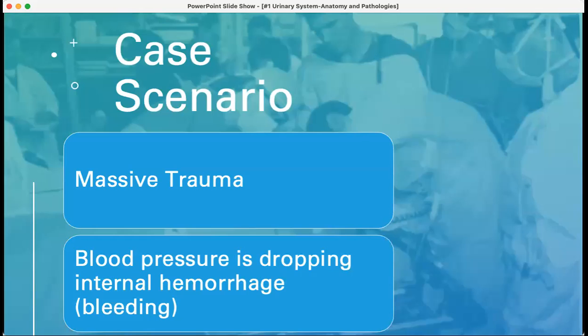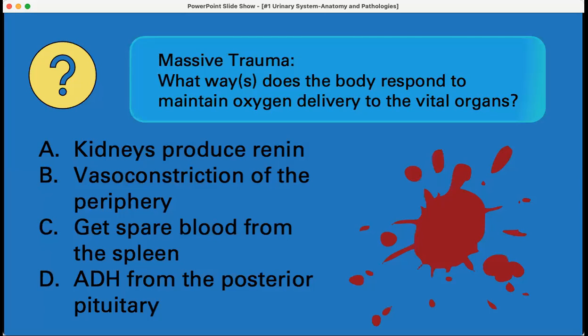So let's see, massive trauma. Blood pressure is dropping, internal hemorrhage, so they're bleeding internally. So how does the body respond to make sure that oxygen still gets delivered to the vital organs in the case of massive trauma? A, kidneys produce renin,